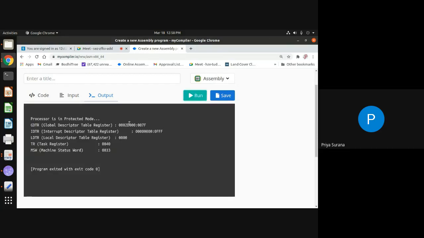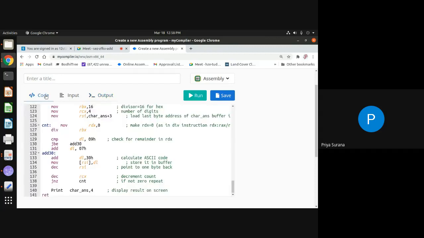You can observe changes here because the processor is in protected mode, and accordingly these register contents will change. Whatever current task is going on, accordingly contents are going to change. But what we are supposed to observe and display is nothing but this output that is expected, these contents we are supposed to display.